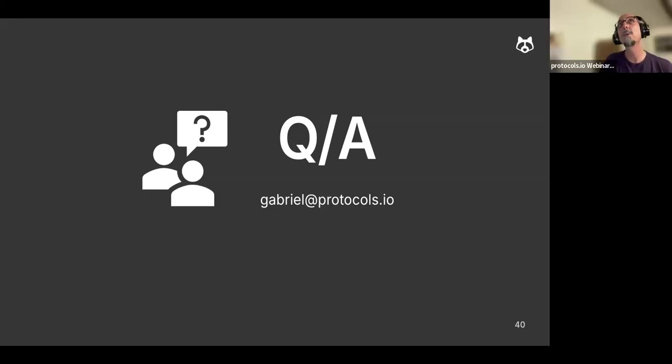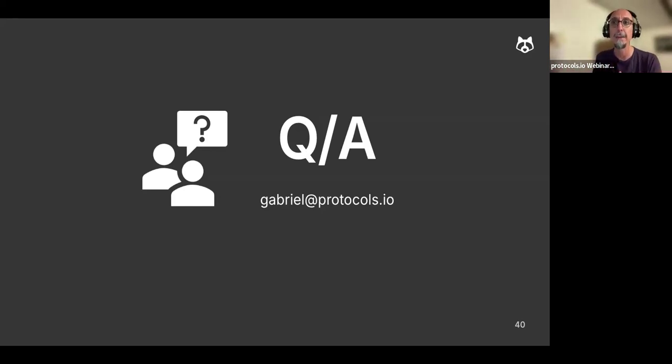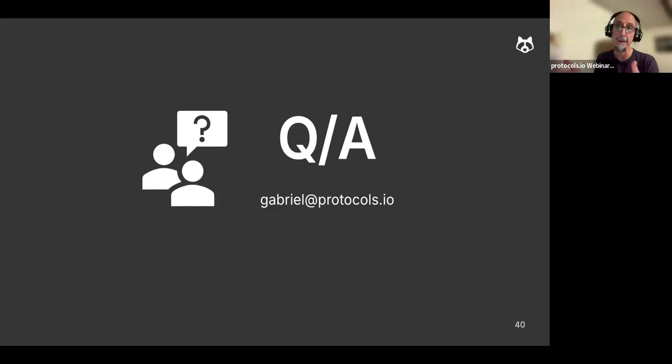But something that I would encourage you to do is, if you feel that you are reusing a protocol that has already been published, in the meantime, while we develop this feature, you could on your own reach out to your colleagues and say, I want to do that, I hope you're okay with it. By all means, that will make the protocol more reusable and more discoverable, right? And you will be citing them.